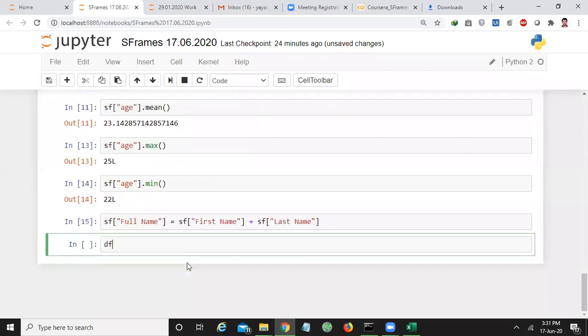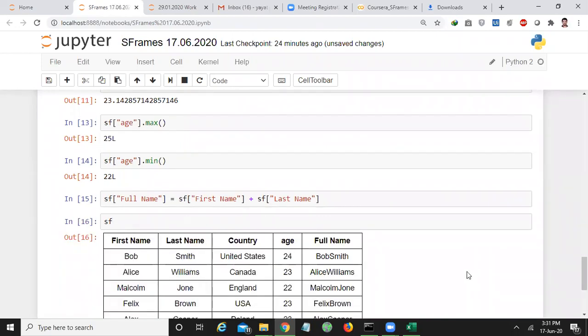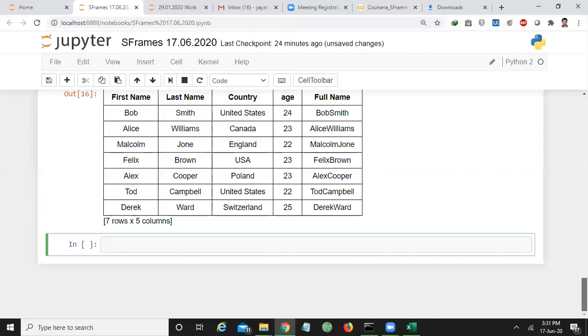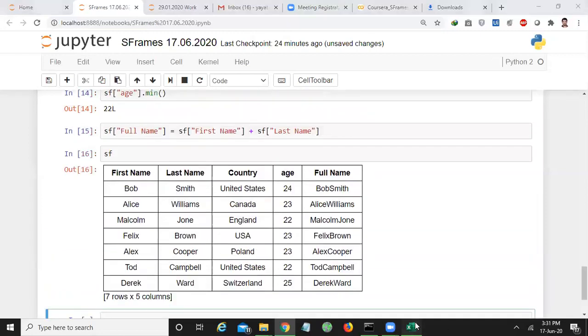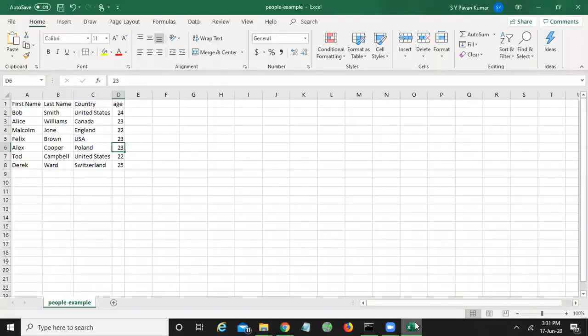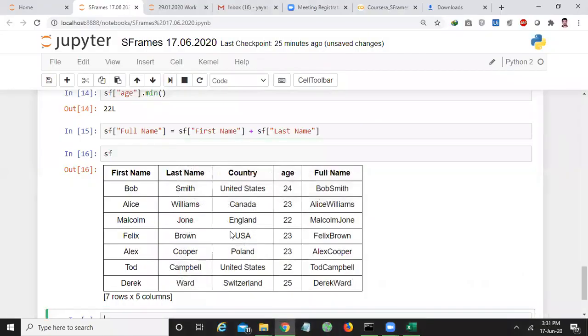Now if you print SF, then you have a new column here. Actually that is not in your file. The full name column is not there in your file, but you have created it here. It doesn't affect the original file. You can create a new column like this. I have created a new column called full name by concatenating the column values of first name and last name.